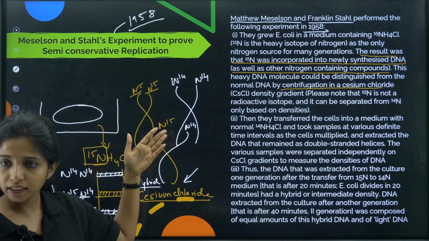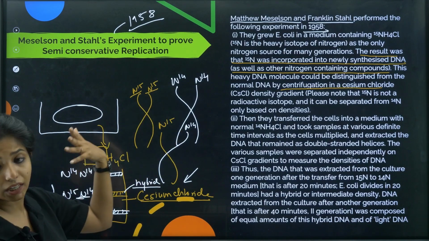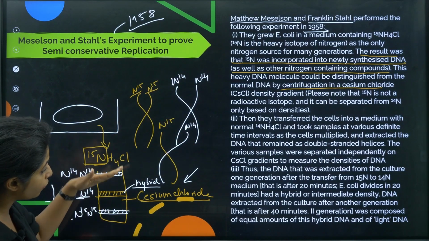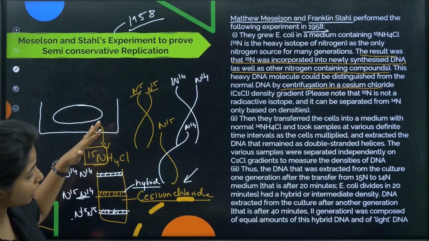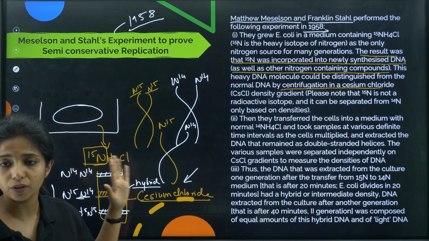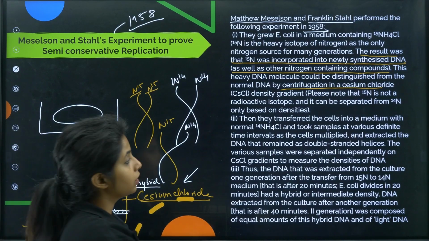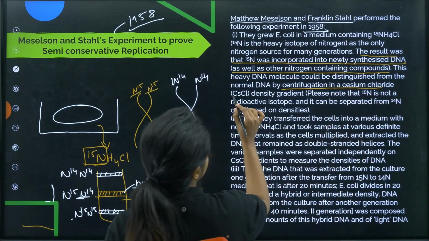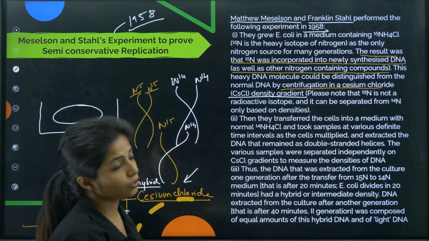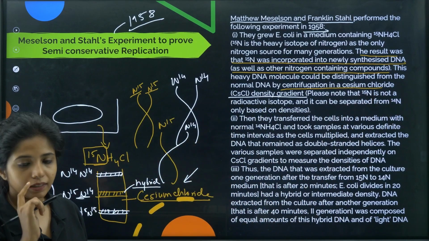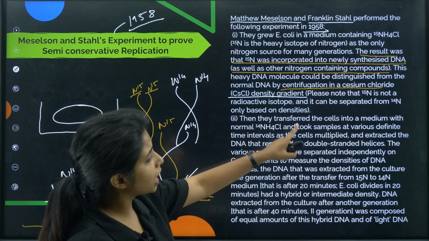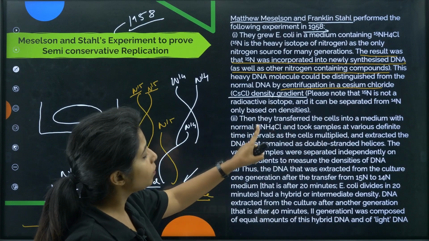Cool. And then he distinguished the different types of DNA with the help of centrifugation, where cesium chloride was the medium. Please remember, cesium chloride density gradient. Okay, it was a medium. Fine. Now, the next thing they did was transfer the cells into a medium with normal